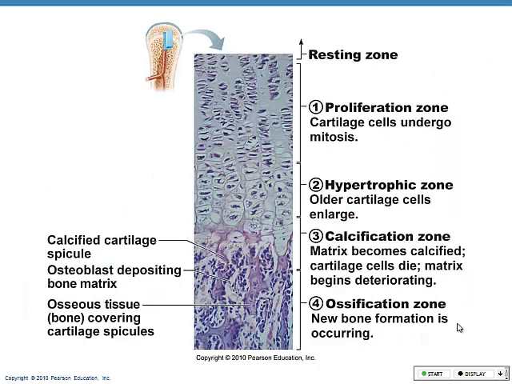Everybody with me? So go through those steps, understand those steps. The next thing the book talks about is some of the different areas that we're going to see during bone